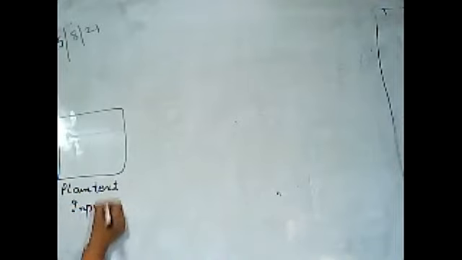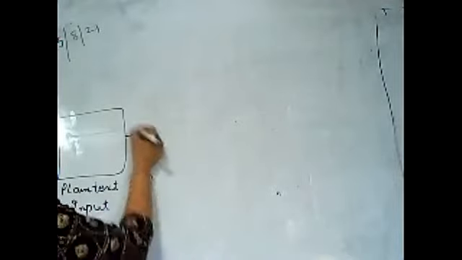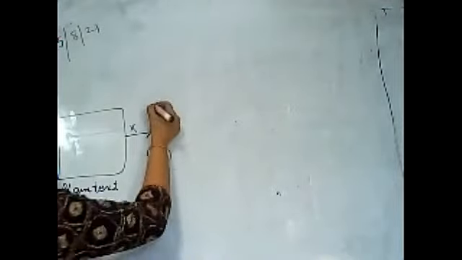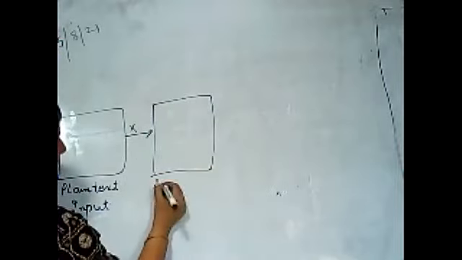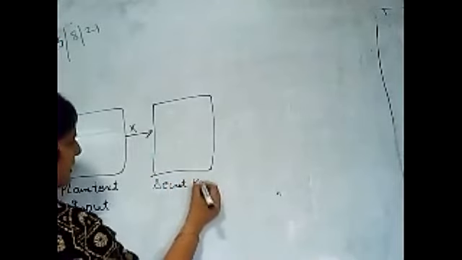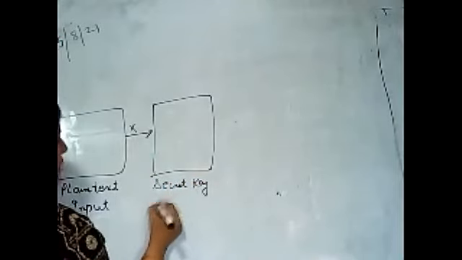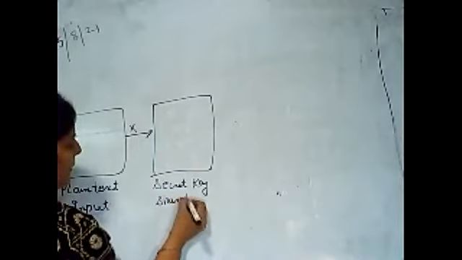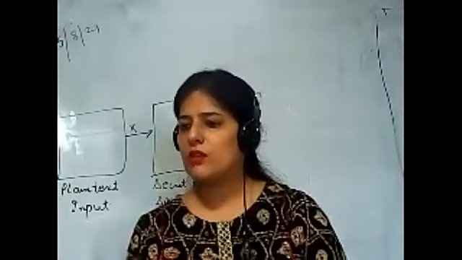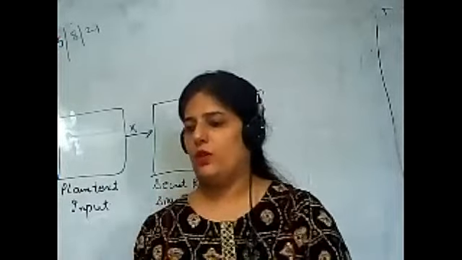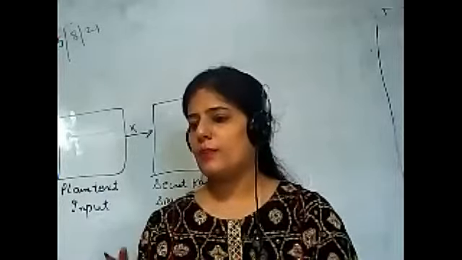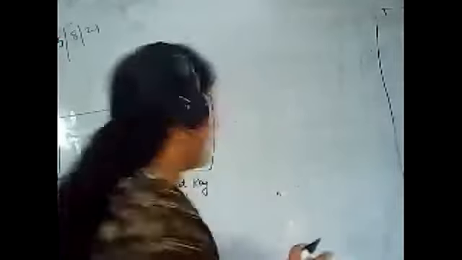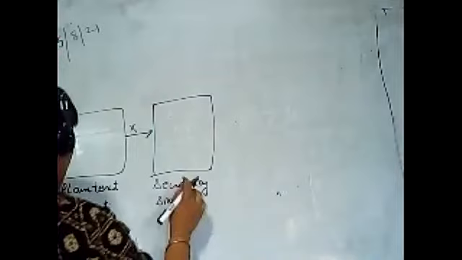We are defining the plain text input again in the form of x. Here we will be representing a secret key. If you remember in the last diagram, the same key k was used by the sender and also by the receiver. In this particular diagram, we are just elaborating on how we can use all these things. So we are representing the secret key shared by